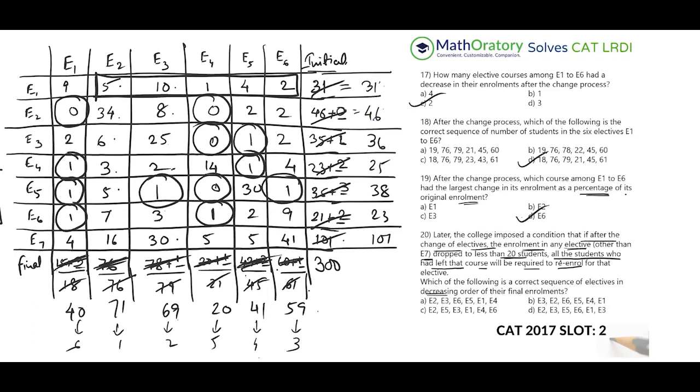Let's look at that. So E2 first, E3 next. So E2 and E3. So option C and option D is out. We need E2 first, then E3. After E2 and E3, we have E6, right? So E6 in the third position is option A. So that's the answer. So answer is option A in this case. So I hope this case was understood, and let's get into the analysis now.